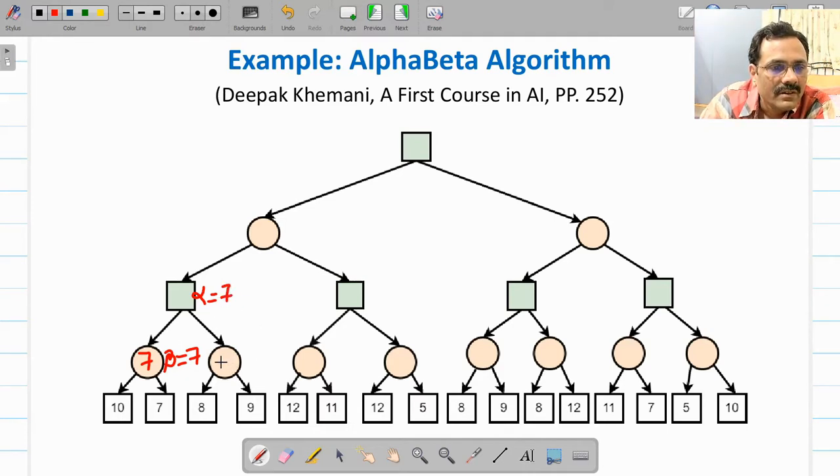Now this node has to be evaluated, you have to go in DFS manner, it's a minimum node, the value of this node will be 8, so the beta value of this node will be 8, minimum of these 2. So now this max node is getting 8 from this side, 7 from this side, so 8 is better, the value of alpha, 7 is better.